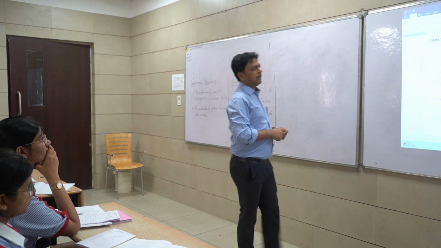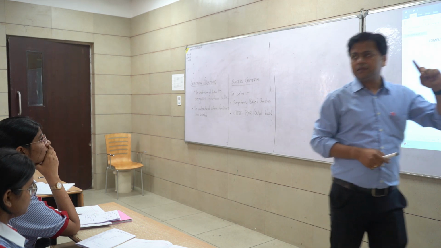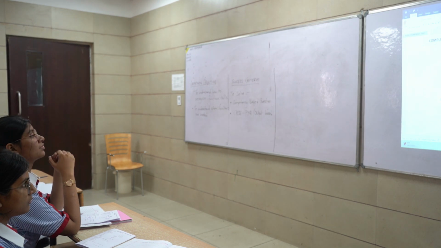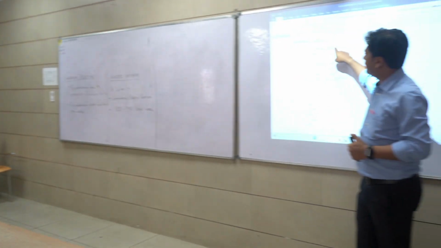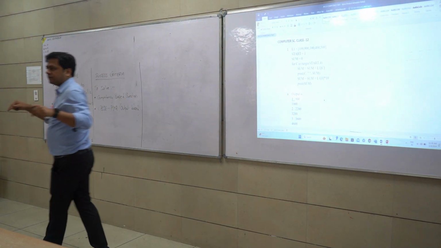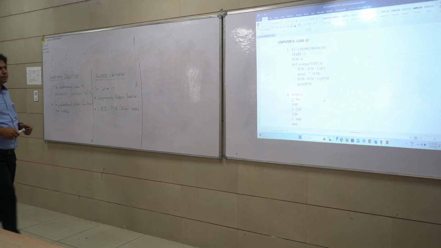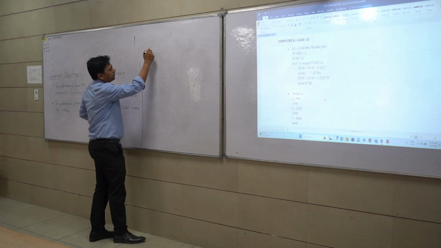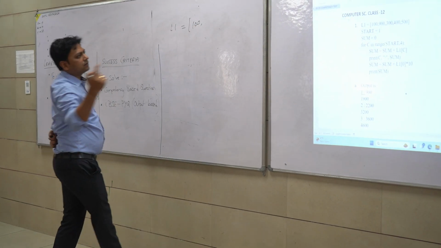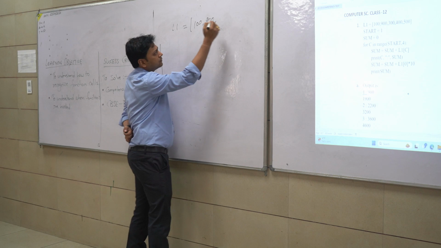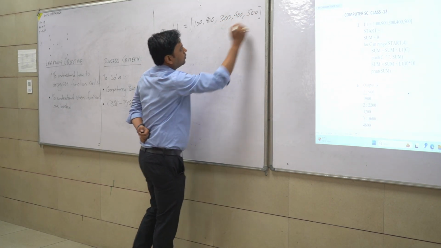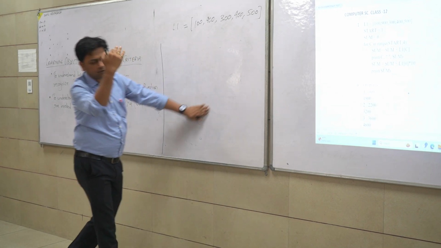The first question which we had in the competency test is this. The question was given to you that L1 is a list with these elements 100, 900, 300, 400 and 500. These were the list elements. All of you have the questions, isn't it? You have the question paper with you? Okay, fine. Now, let us work out this one. We'll take this list. What are the elements, please? 900, 300, 400, 500 and 500. Okay, fine. So we'll be getting into the dry run process of the entire program.